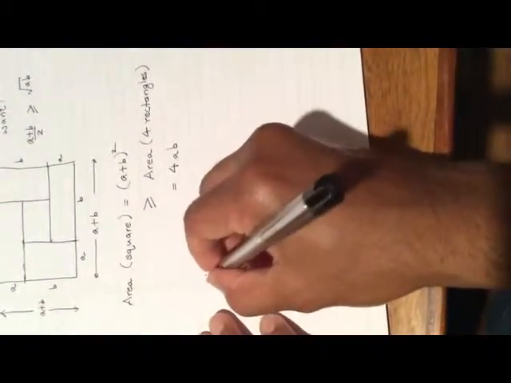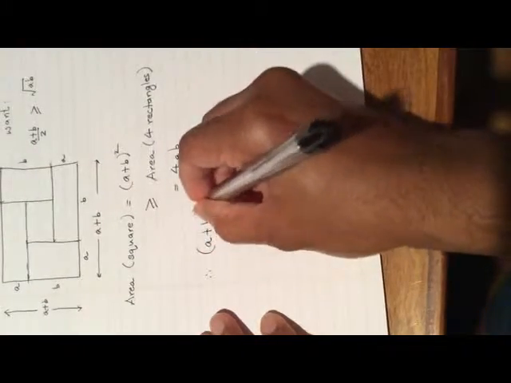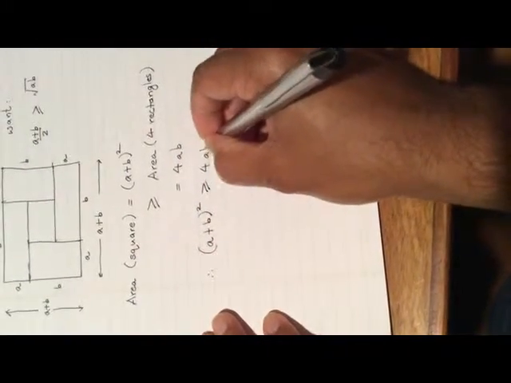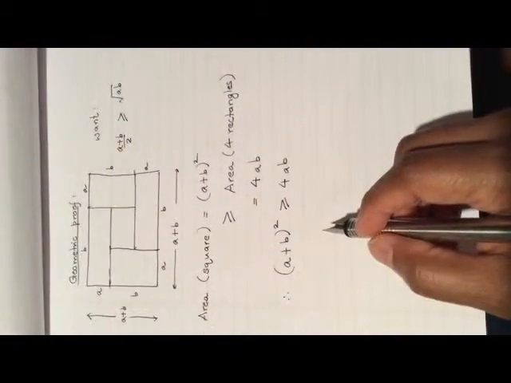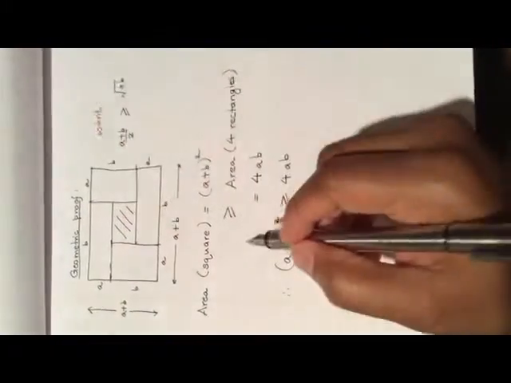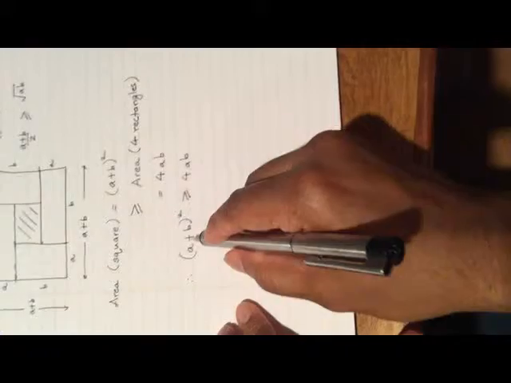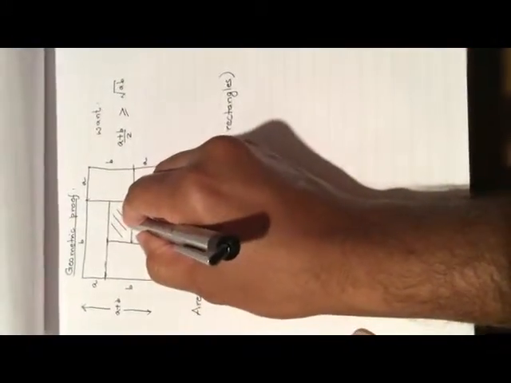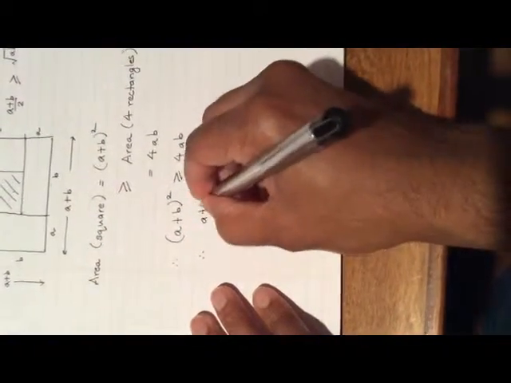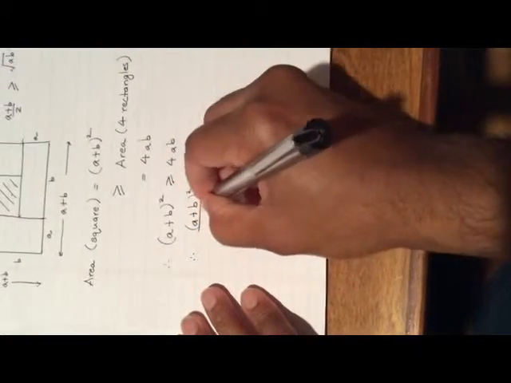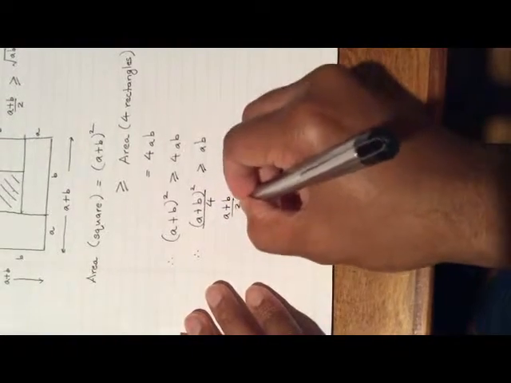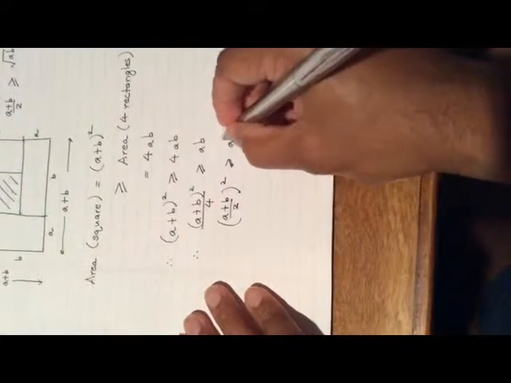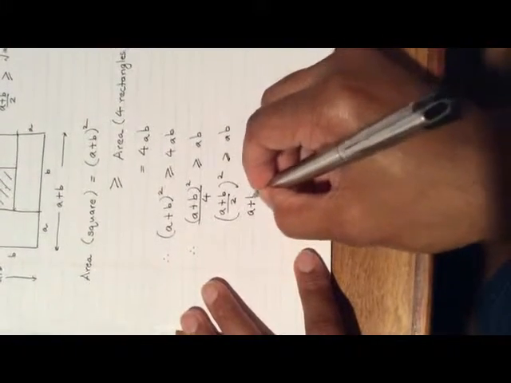So in fact, we get a plus b squared bigger than or equal to 4ab, and this is proof by picture. Big area, 4 smaller areas, and this is the leftover area. In fact, this is bigger than this by this much. Now divide by 4, I get a plus b squared over 4 bigger than or equal to ab, or a plus b over 2 squared bigger than or equal to ab, which is nothing but the statement